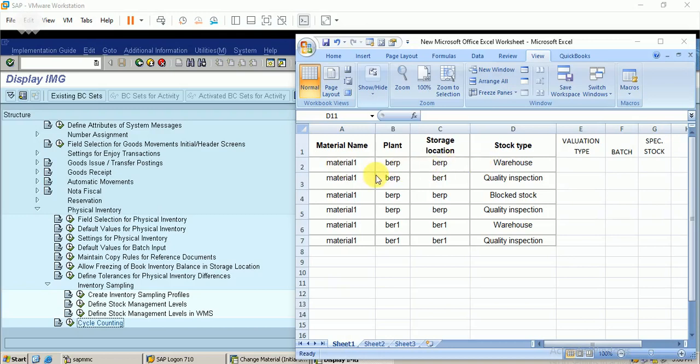these seven things you are seeing on the screen are independent stock management units, but the material is the same. The plant is also the same. We have two plants.